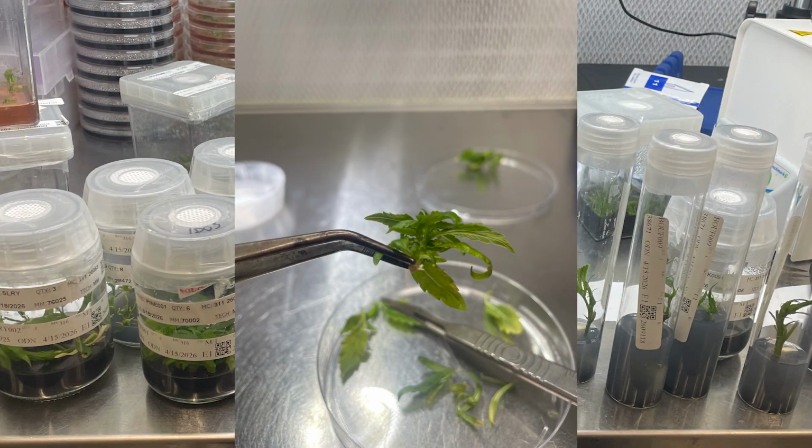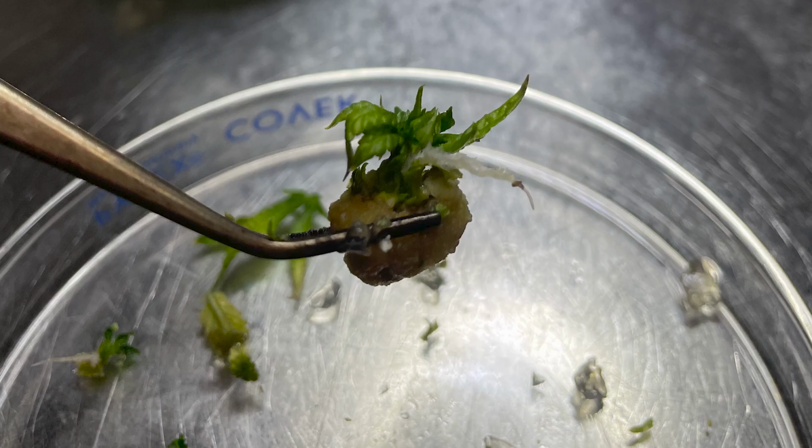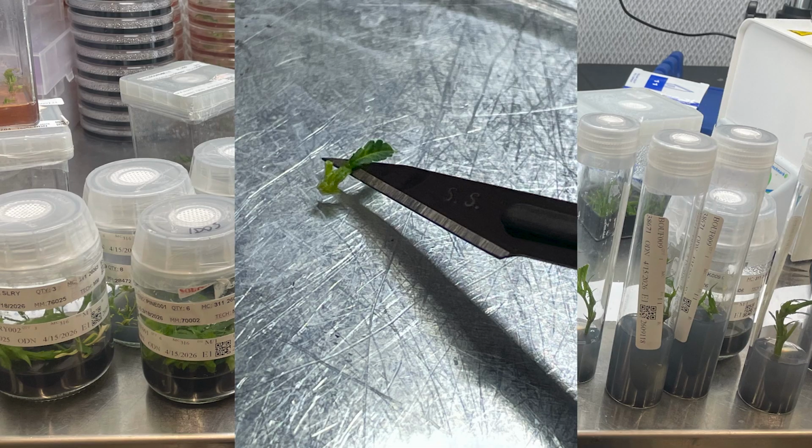At this point, we usually put it on a Petri dish under a microscope, and we excise down to the apical dome. The apical dome is anywhere from 0.1 millimeters to 1 millimeter in size. So to get down this far, we usually have to work with syringe needles, not scalpels, because of how small these plant tissues are. We get down to this part of the plant because this is essentially where the undifferentiated